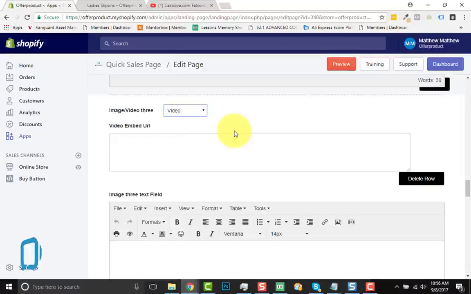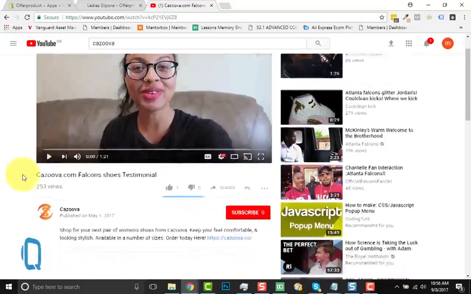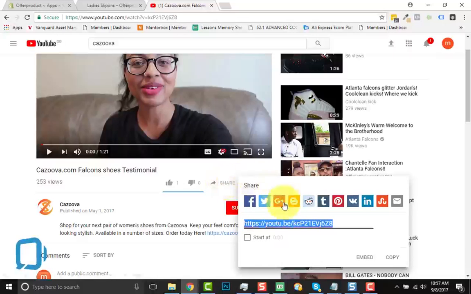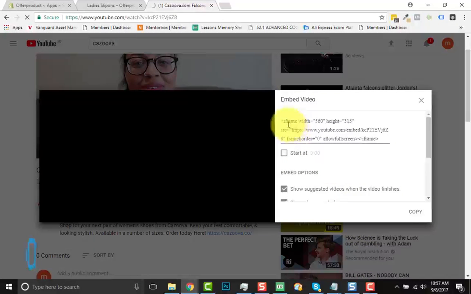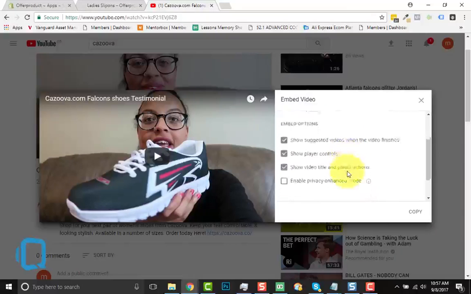So I'll show you, in case you don't know how to get the video embed, you need to come across to YouTube, click this share icon there, or the share words, and then go down to embed, and this here is our embed code up here. Okay, but YouTube gives you these other options here as well, which is, I would recommend you switch these